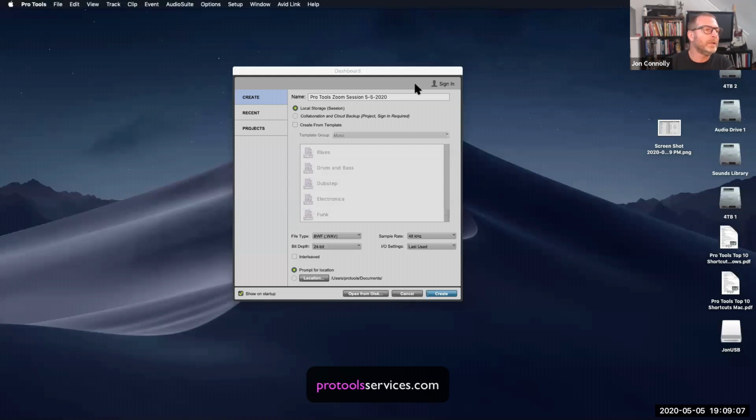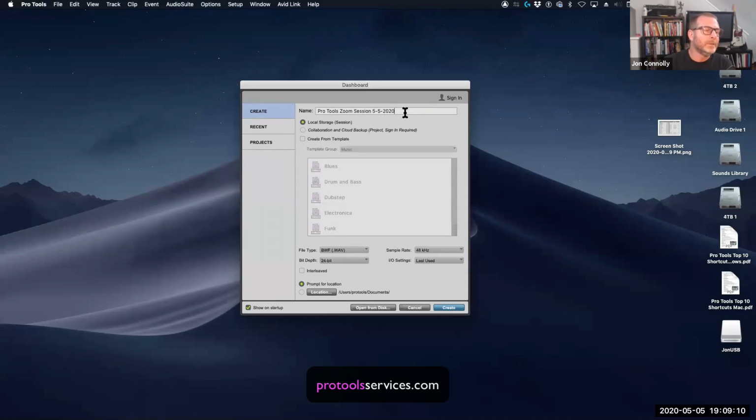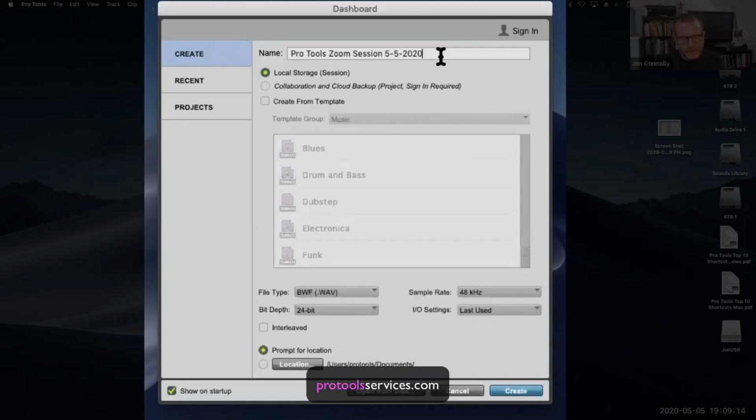So I create a session, and we name it. Naming and file management is not a sexy or very fun topic, but I always try to think about, if I come across this folder in 6 months or 5 years from now, am I going to have a fighting chance of recognizing what this session is without having to open it up? So I'll put a date on it. I'll put some little bit of information if I can about what it is. When I create this new session, it creates a folder and puts the Pro Tools session documents inside there.